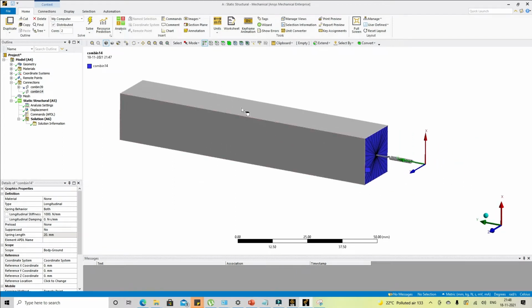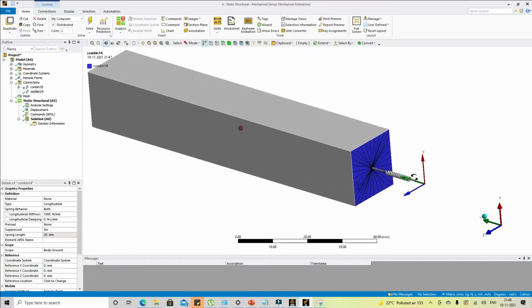So assume that one block is connected to some spring at some location. Here we can see that I'm using a ground to body connection for the spring, and I'm defining a reference location that is located at some distance from this surface.